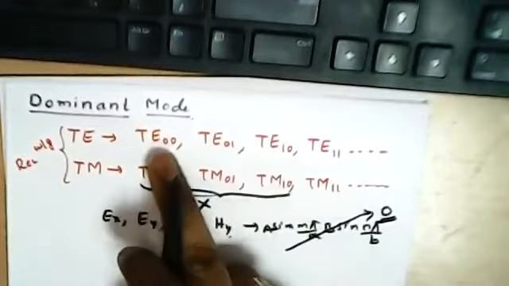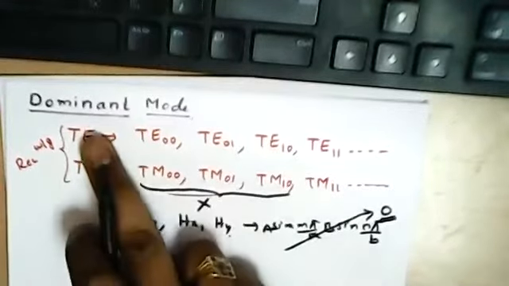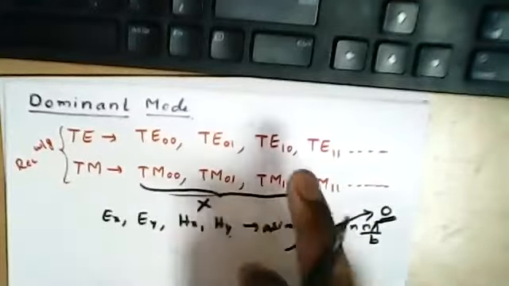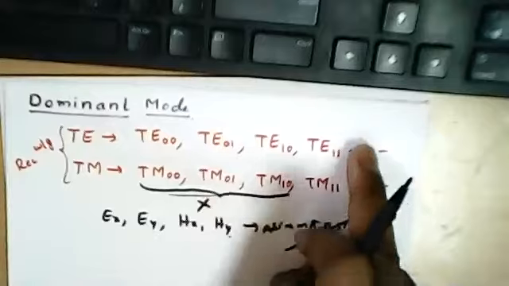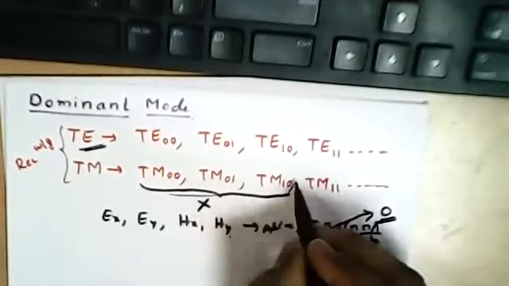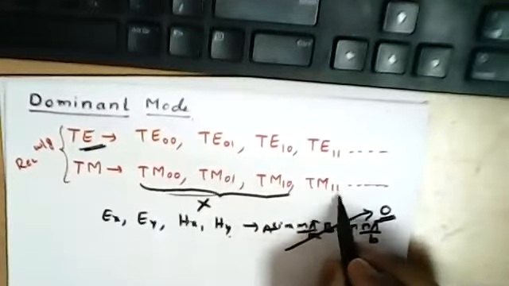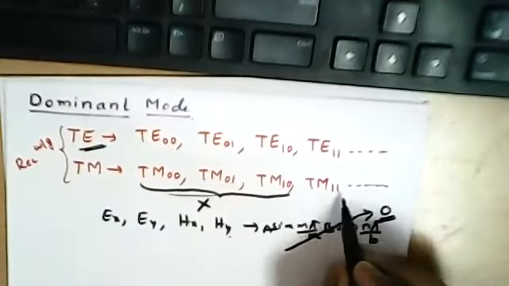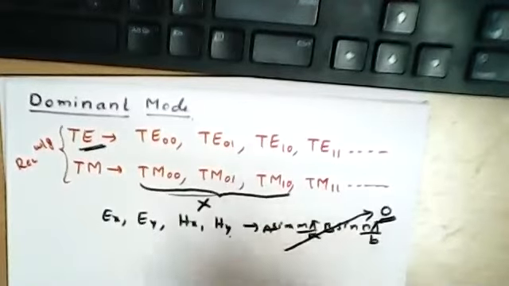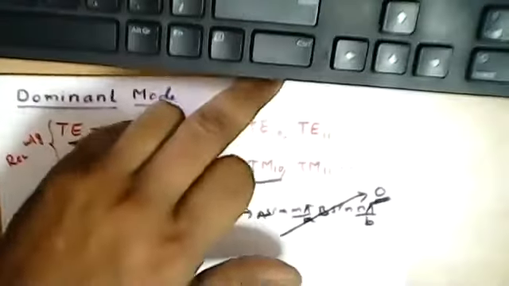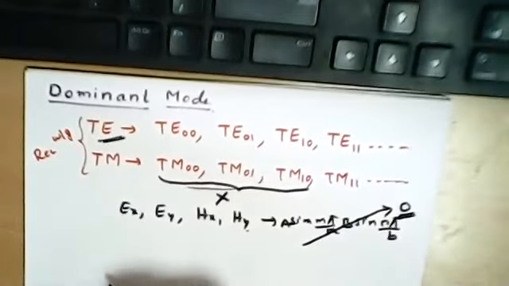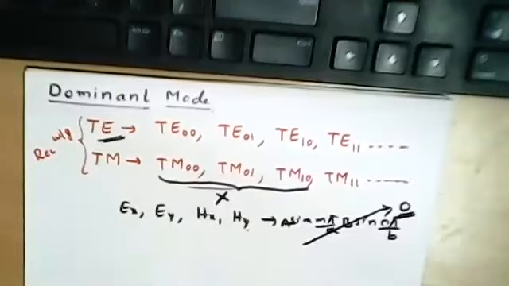Whenever we substitute the values of m and n in the wave equations of TE mode, we get some numerical value, which is not 0, so all the modes exist in case of TE. But in case of TM, these three do not exist, and beyond these, TM11, TM12, TM21 and so on exist. Only the first three do not exist. Please do remember this. Please inform the others also, and I will anyhow be giving the material related to that.